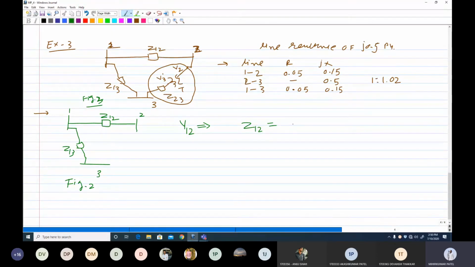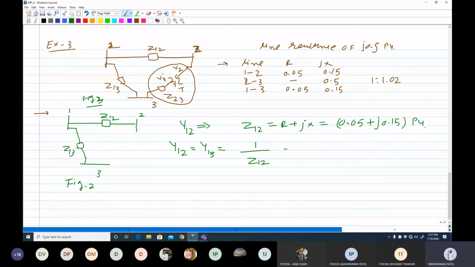The value of Z12 is R plus jX, which is equal to 0.05 plus j0.15 per unit. So we have to calculate the value of Y12 or Y13. Both are same. So you can write here Y12 is equal to Y13, which is equal to 1 divided by the series impedance,